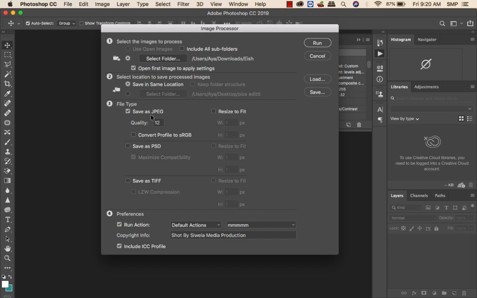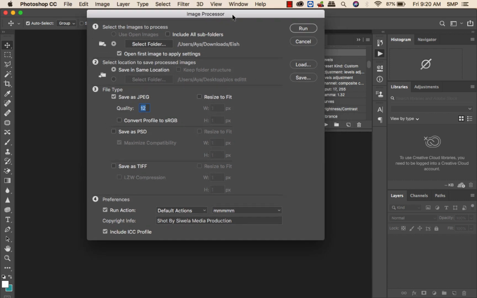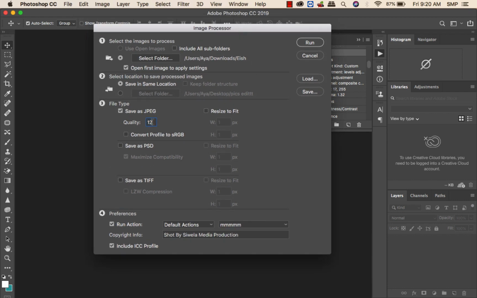Here is the quality. You have to select the quality. 12 is the highest quality. You can choose 3 if you want to reduce the size of the pictures, but it will also deter the quality a bit. So I like to put it on maximum. And if you want to save as PSD, you can, but I won't recommend this because it will create a bunch of Photoshop projects from the images, whereby there is no need to create those